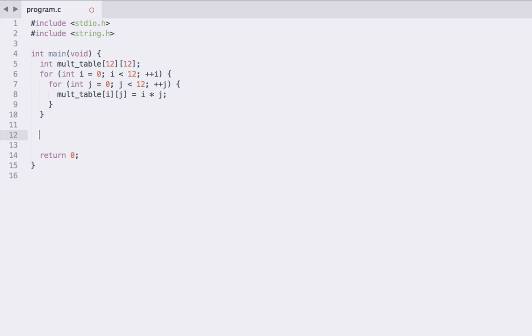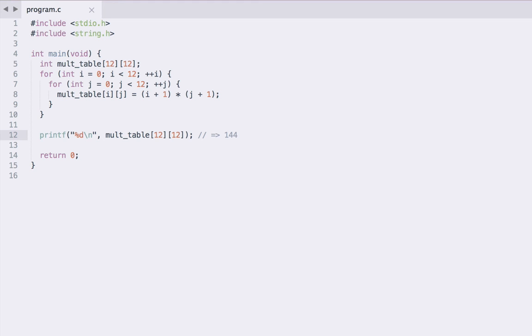So then if we wanted to do a printf down here, and we didn't want to do the multiplication for whatever reason, we want to use the result in our table, we can say, okay, printf the %d value in multtable 12, 12, for example. Maybe we should change that. Let's just change this to i plus 1 times j plus 1. So now multtable 12, 12 should give us the result of the multiplication 12 times 12, which should be